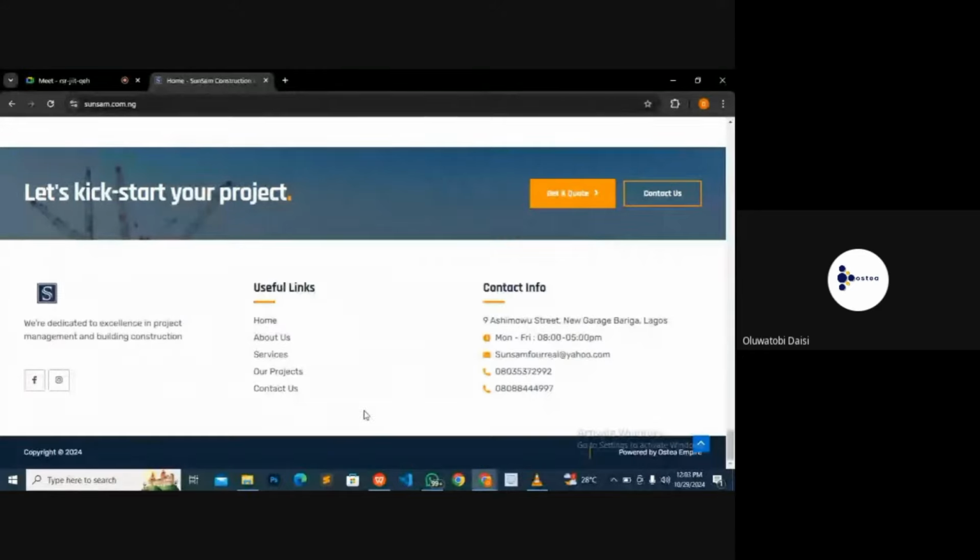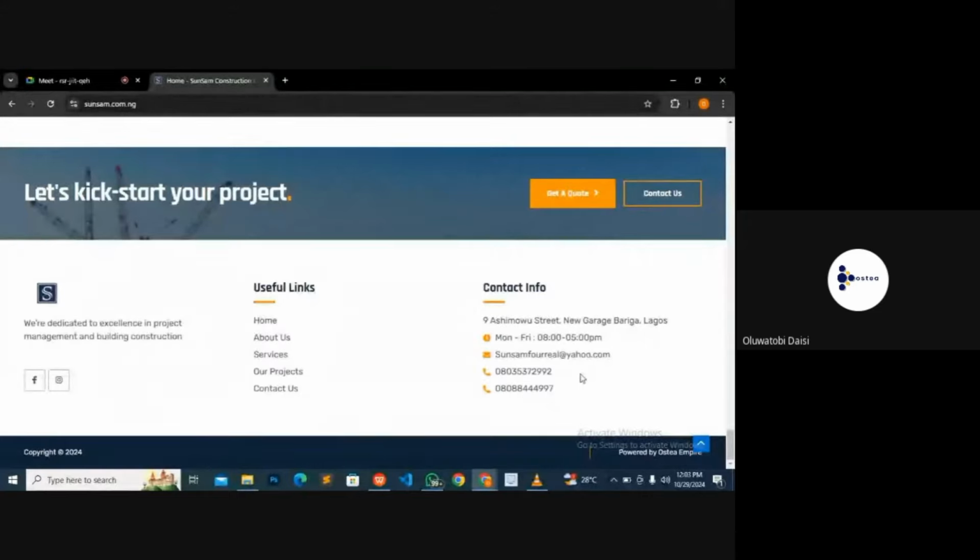The only thing that is compulsory in your footer is what you have here, copyright. This is also part of the footer. It's not compulsory, but you can testify to the fact that it adds more beauty to the website. It gives more information and shows a level of expertise, not just doing this aspect and running away. So you have contact people, useful links, and then this over here.